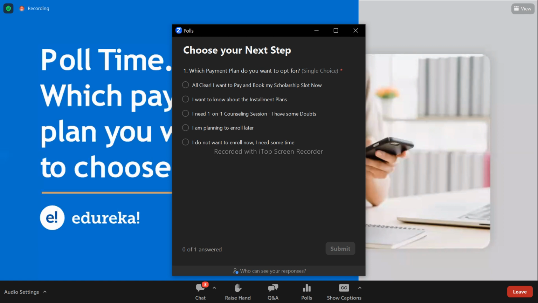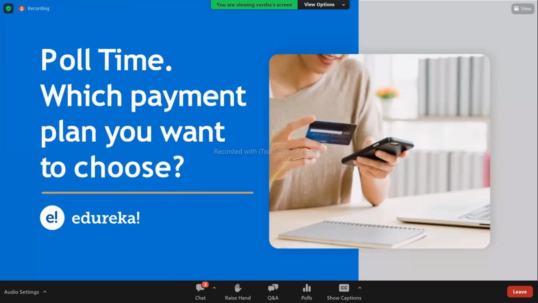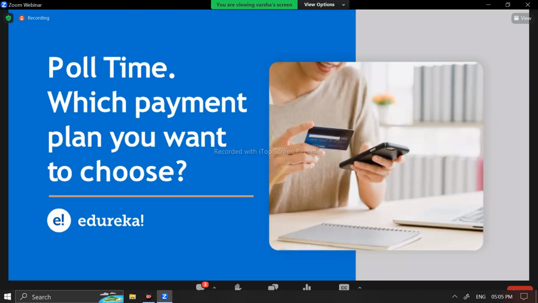Right? I can see majority of you have chosen the top 3 options, guys. That's brilliant to see. Close to 70% people have participated, and close to 45% people have chosen option number 1 and 2, guys. That's brilliant to see that so many people are opting to reserve their spot right away. Just 6 seats are there, guys. 6 scholarship seats are there, and already 10 people have chosen the first option. Okay, so the competition